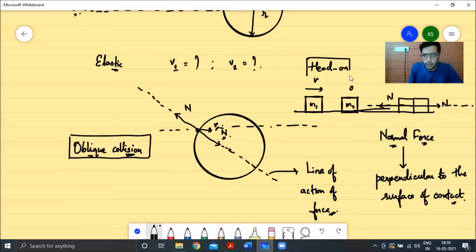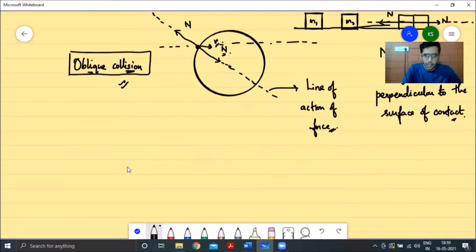So this is one important aspect: identifying whether you're dealing with a head-on collision problem or an oblique collision problem. If the direction of motion of the particle is lying in a different line than your line of action of force, if it's not parallel to the line of action of force, we say that you're dealing with an oblique collision problem, right? So hopefully it's clear that we are dealing with an oblique collision problem over here. That's the first part of this question. Now that we know that, how do we solve it?